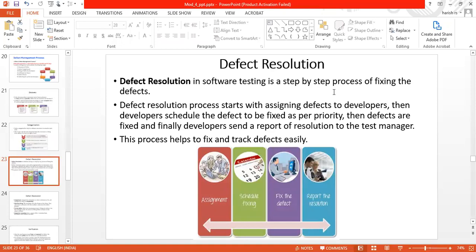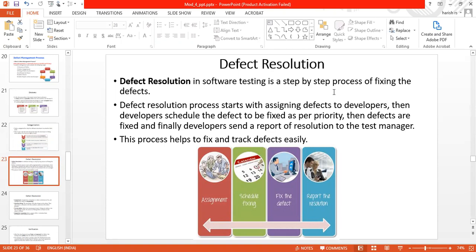Finally, we have to report the resolving to the testing team, the test manager, that we have tried to solve. So we had 82 errors. The developers fixed the 82 errors. These 82 errors were reported to the test manager first. The test manager will report these 82 errors to the builder manager, and the builder manager will report to his team.